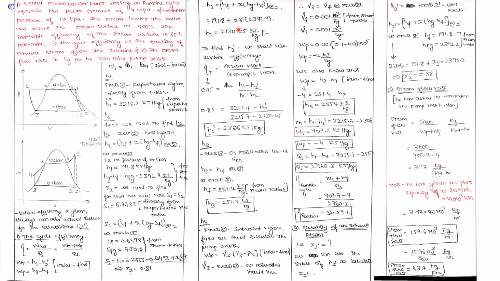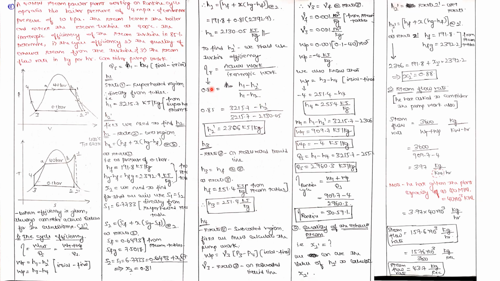Okay. Now how to find out H2 dash? Same formula. If the turbine efficiency is given as actual work divided by isentropic work, I hope you remember this. For the compressor, the efficiency is isentropic work by actual work. For the turbine it is actual by isentropic. Actual in the sense where the dash is involved, isentropic in the sense it is ideal work where there is no dash involved. So just substitute the things: you know the value of H1, you know the value of H2, and you know the efficiency of the turbine, so you can directly calculate the value of H2 dash.